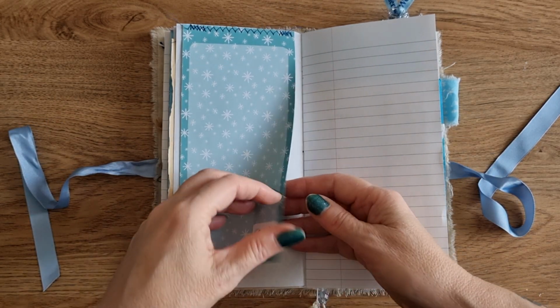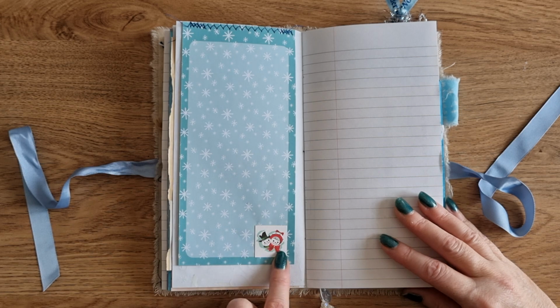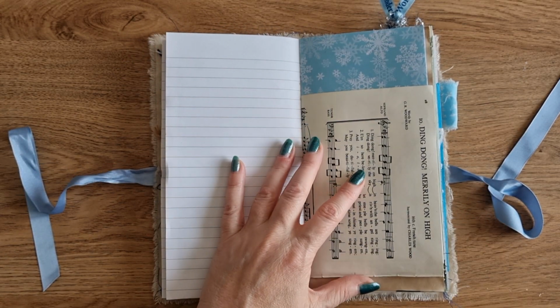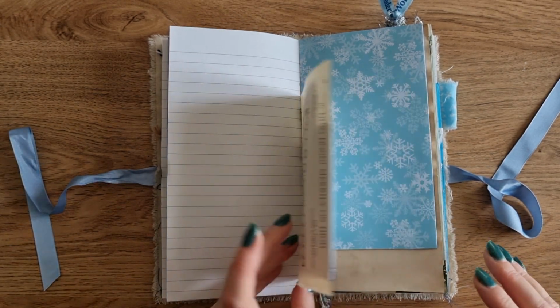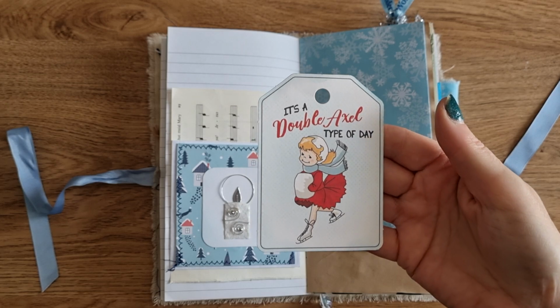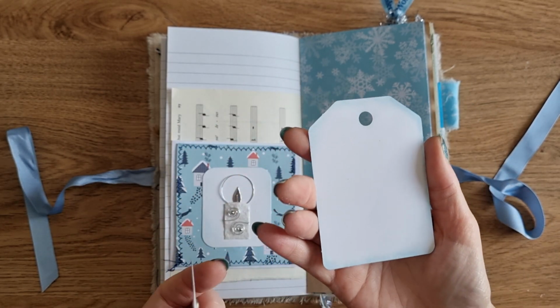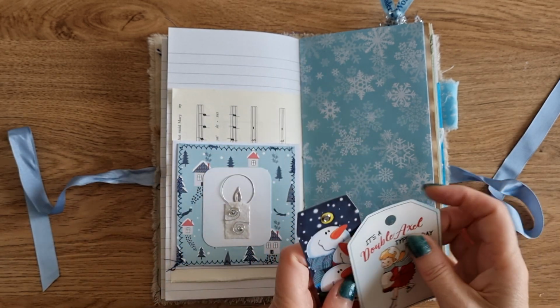And then we've got a pad, just like the other one, but we're using that green snowflakes, and I've put just a little snow couple down there. White paper. And the vintage music sheet in this is Ding Dong Merrily on High. Oh, trying so hard not to sing it. We've got this tag. It's a double axle kind of day. Some of the tags have been inked around in blue, and some of the tags in Carol have been inked around in